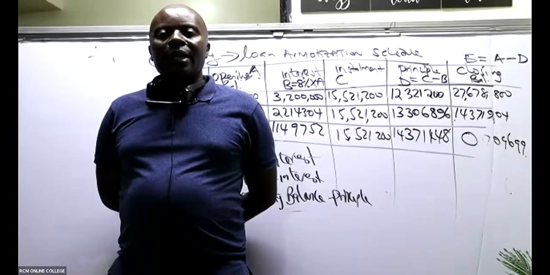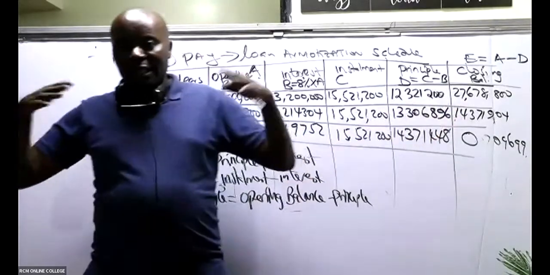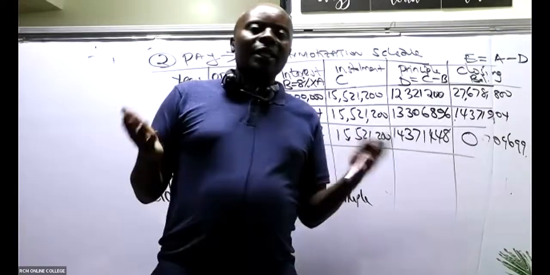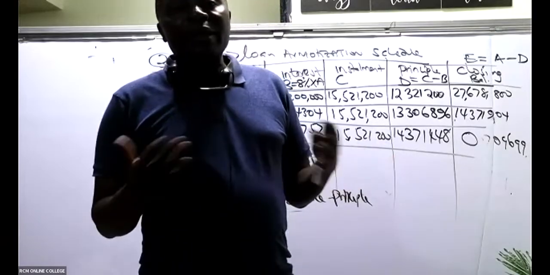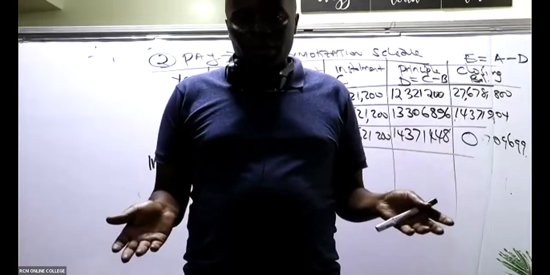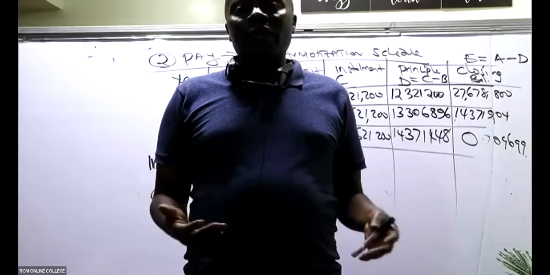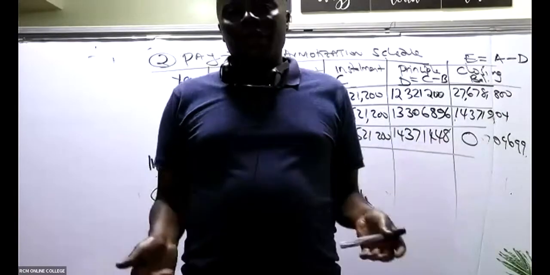All right, ladies and gentlemen, after that, now I've been able to pay. This thing has amortized to 0. The next thing, then, I'm in business. When I'm in business, I must always think about the impact of this in my financial statements. So the next thing that you will do is to go ahead and give us an extracted income statement, because